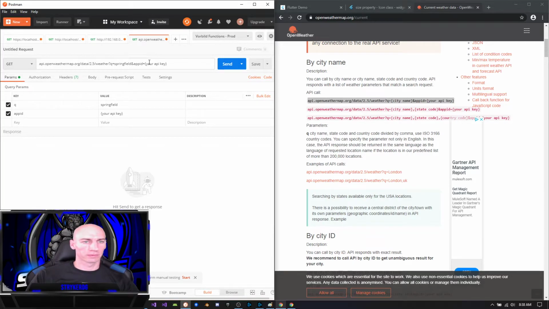I don't know if it needs a state, let's see. So the city name, state code, so we'll go Springfield, MO, US, and see how that works. And then for the API key,